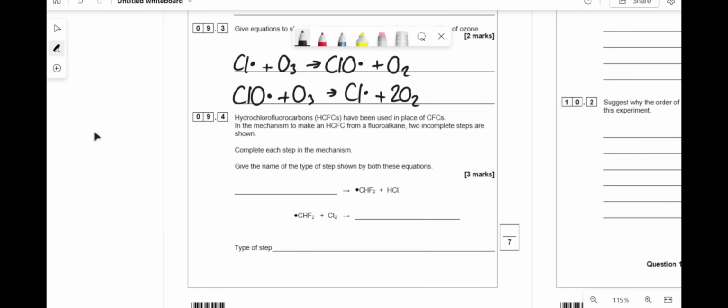Hydrochlorofluorocarbons, HCFCs, have been used in place of chlorofluorocarbons. In the mechanism to make an HCFC from a fluoroalkane, two incomplete steps are shown. Complete each step in the mechanism and give the name of the type of the step shown in both of